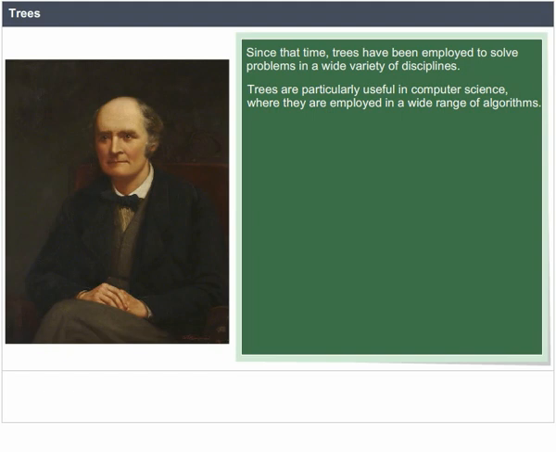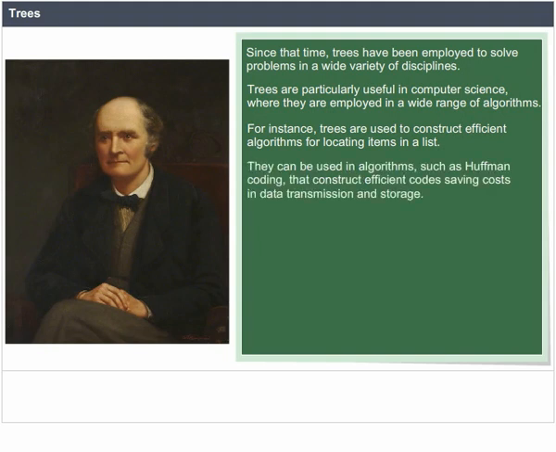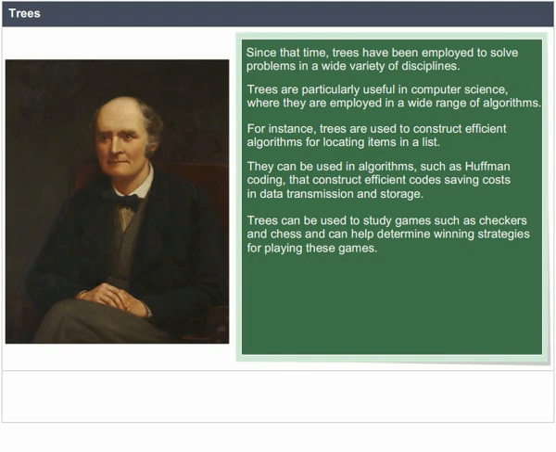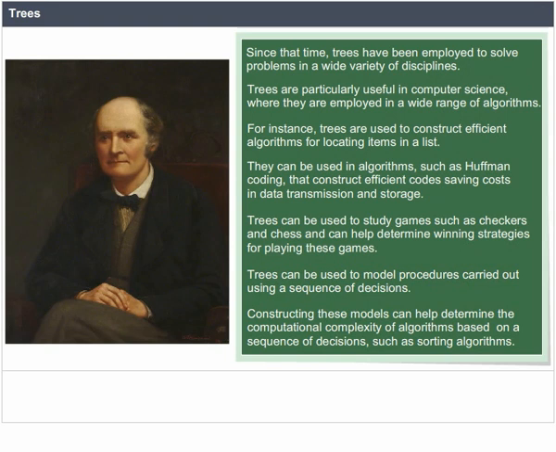For instance, trees are used to construct efficient algorithms for locating terms in a list. They can be used in algorithms such as Huffman coding that construct efficient codes, saving cost in data transmission and storage. Trees can be used to study games such as checkers and chess and help determine winning strategies for playing these games. Trees can be used to model procedures carried out using a sequence of decisions. Constructing these models can help determine the computational complexity of algorithms based on a sequence of decisions, such as sorting